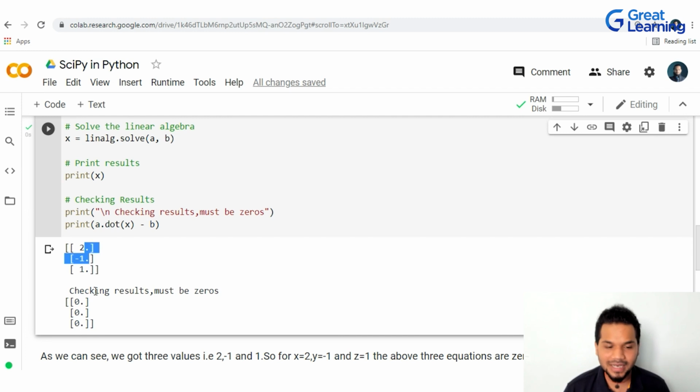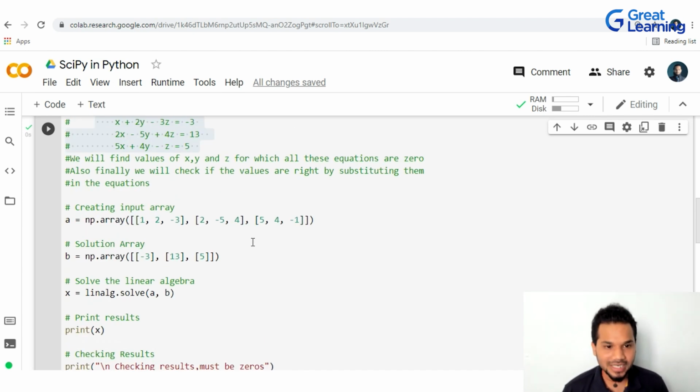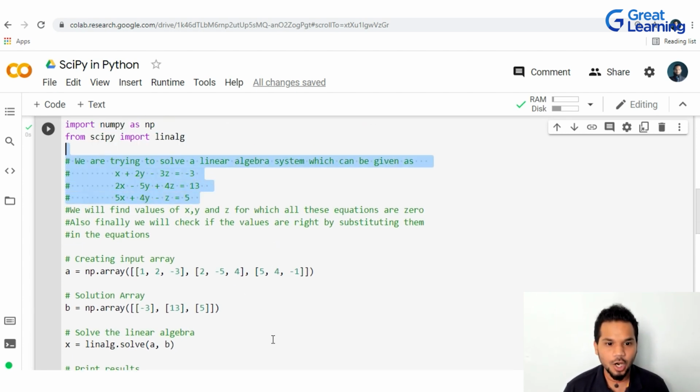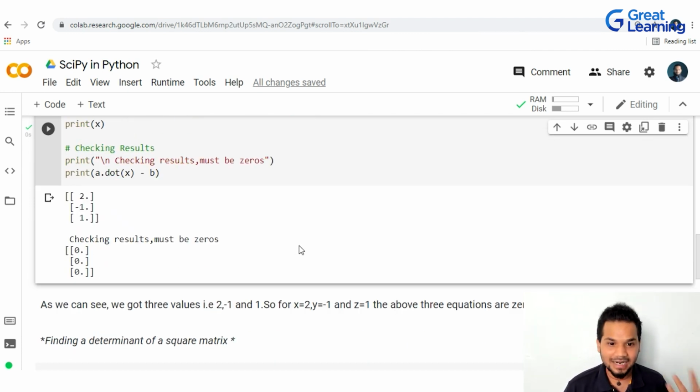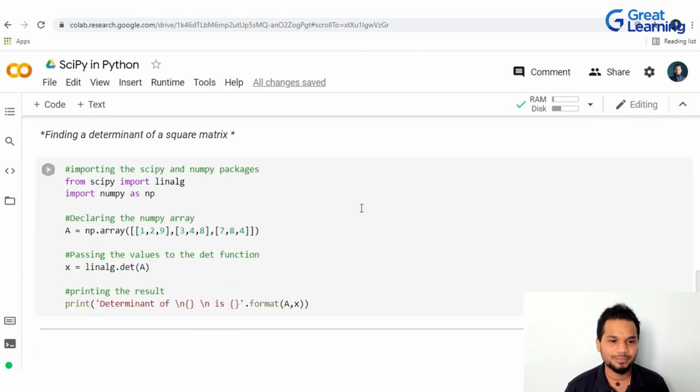If you get these values and these are not zeros, it means that your equation is not completely balanced out there and there's something that went wrong, right? Again, look at how, I know you would have thought this would have been very complex as we started out, but this was the equation. All we had to do is move the equation, and we already know the solutions from the right side, minus 3, 13, and 5. All we had to do is create two arrays, run one command, print the result, done. Very simple, right? So this, again, at the end of the day, is very, very simple of how you can go about working with linear algebra.